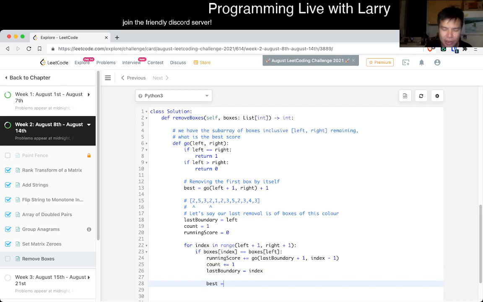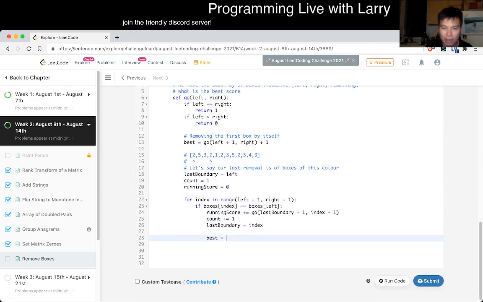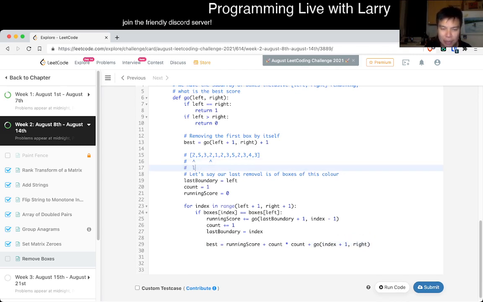but the best score, so what is the scoring function, right? So this is just the running score, so the running score plus this count square thing, which is kind of what we have here, the count square thing. So the current is going to be this plus count square plus goal of index plus 1 to the right, because basically this is the auto partition. So basically, for example, if this is left, abbreviated with L, if this is the index, which is I, and this is R,